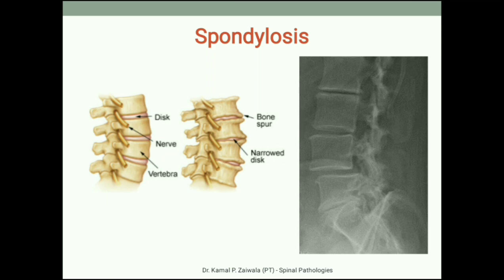On the image on the right hand side, it is an X-ray image, a lateral view of the lumbar spine. In that, we can see reduced space between the L5 and S1 vertebrae. Also, on the anterior side of the L5 vertebral body, we can see a bony spur-like formation, and there is reduced foraminal space between L5 and S1. These are the degenerative changes that we will generally see in case of spondylosis on an X-ray.